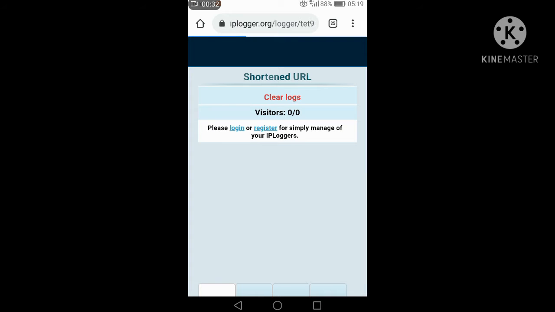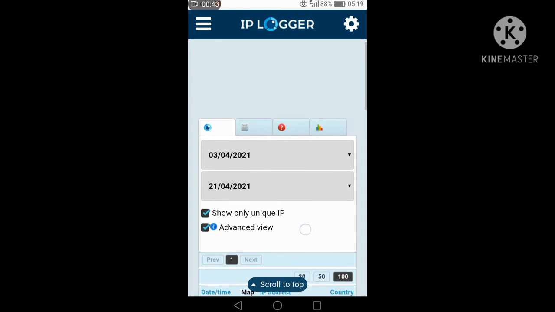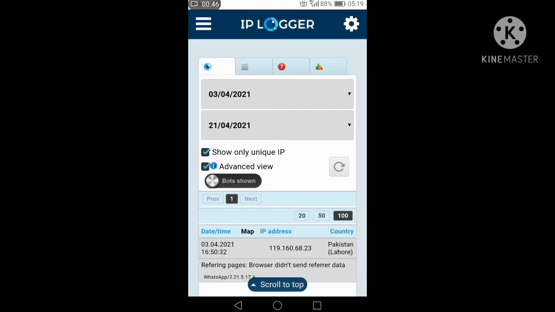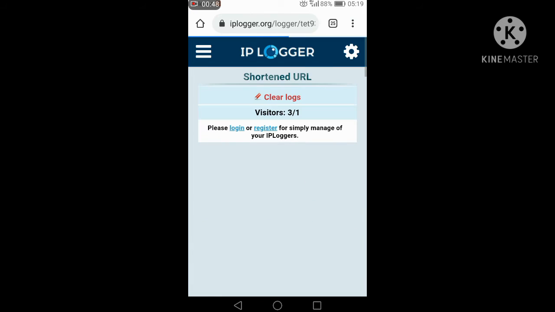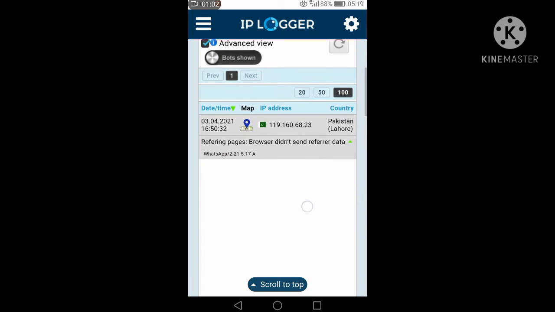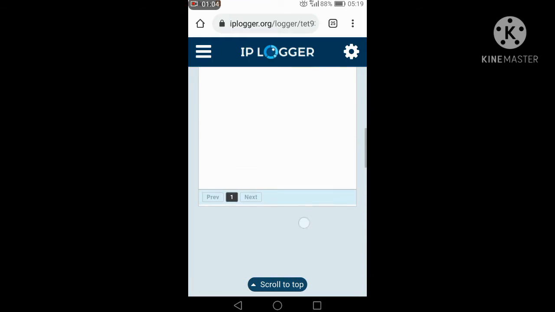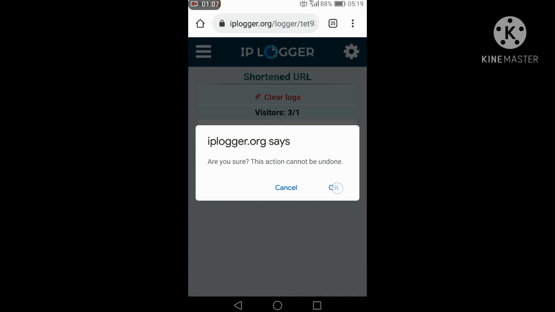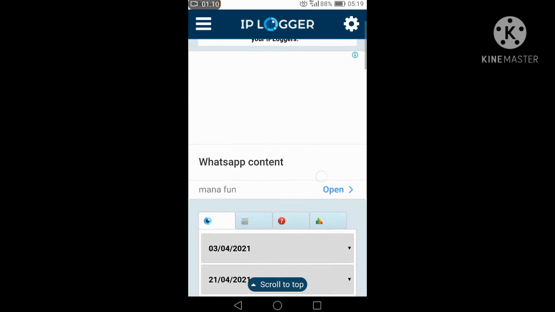Now you have to wait. The IP Logger website is open, so click on the sidebar. You will see that I have used this website and found many locations, but now I will use it again from the start to show all of you. Click on the 3 dot button. When you click on it, a dashboard opens. This is all the data I have recorded.